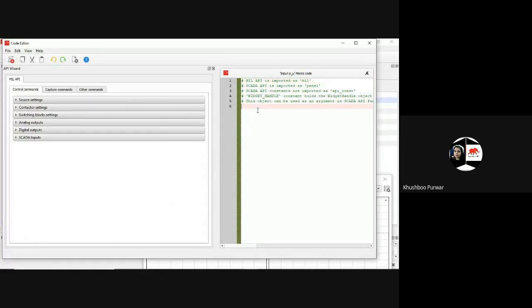So in the code editor, you will assign the value of the voltage which we are going to take, that is equal to 35 into input value.